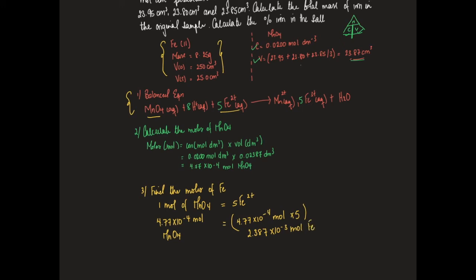Now the 2.387 by 10 to the negative 3 moles of iron is the number of moles that reacted with